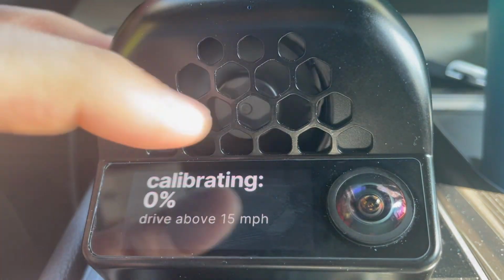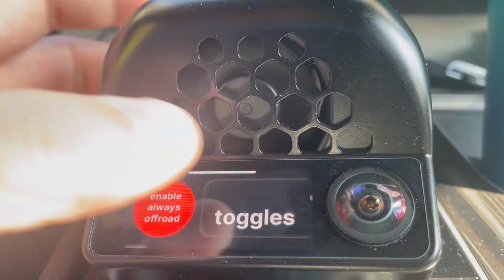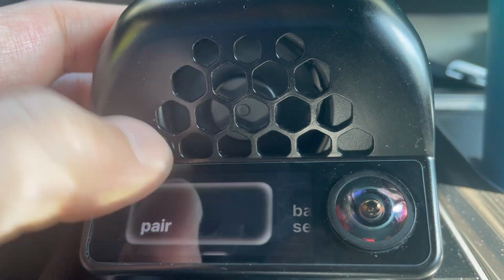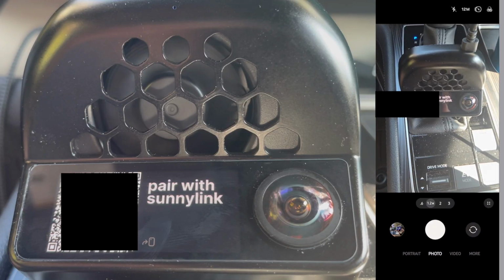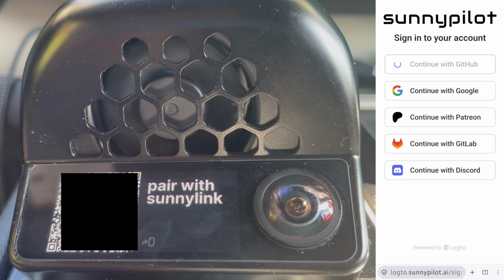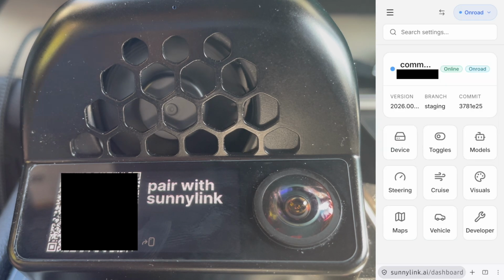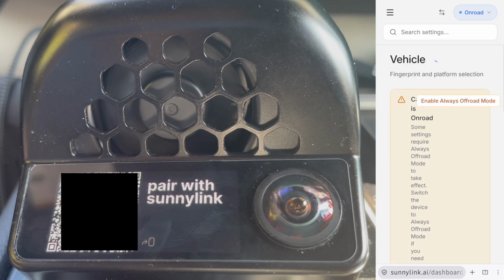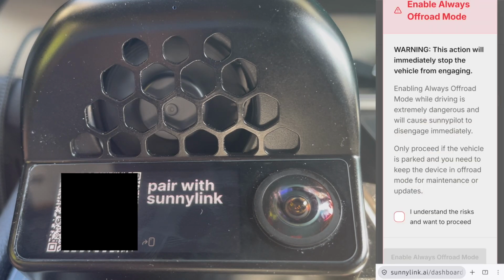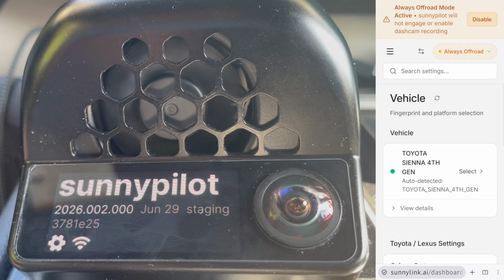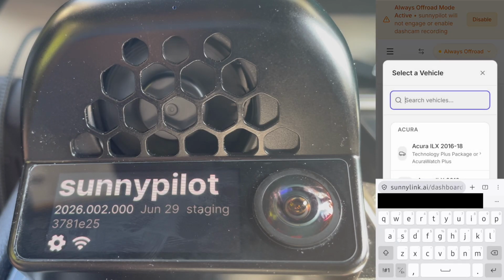let's go to SunnyLink, or set up SunnyLink. Go to pair. At the bottom, there's a vehicle. Enable always offline mode. Click select, and you can just search for whatever car you have.